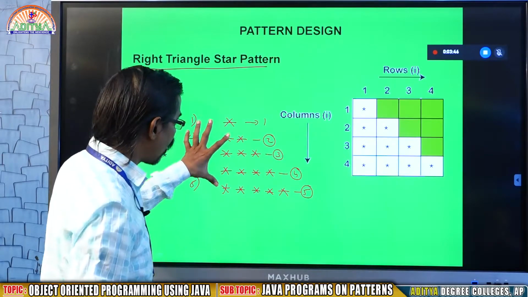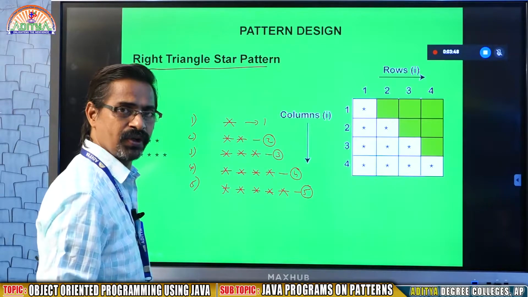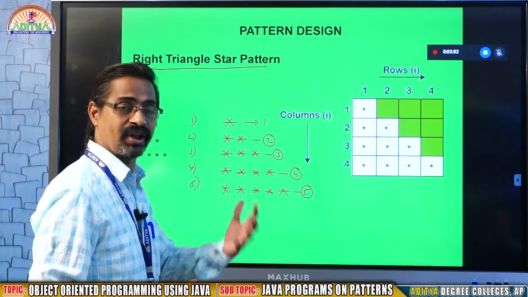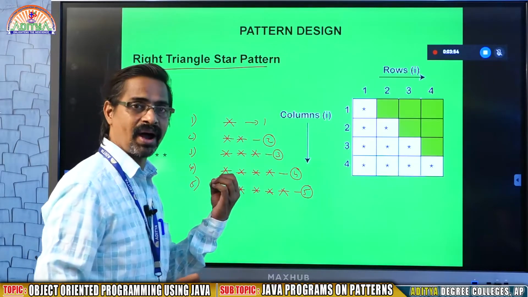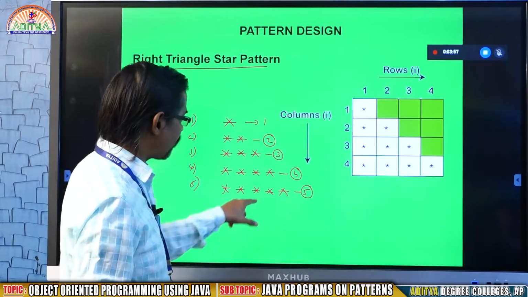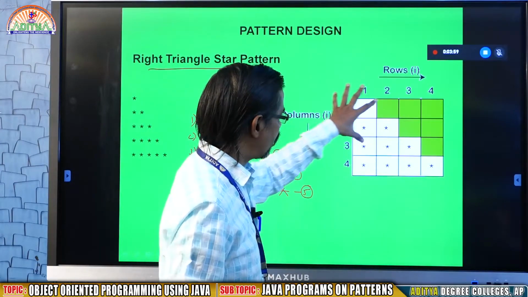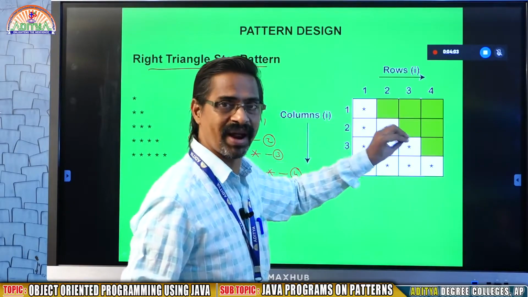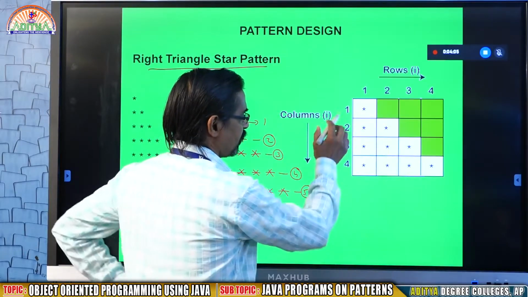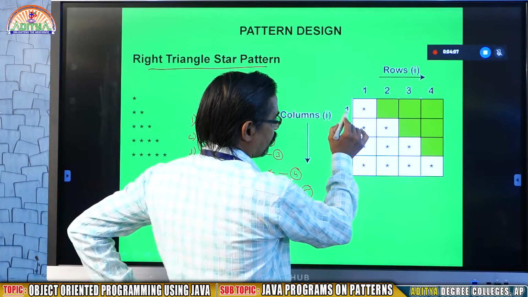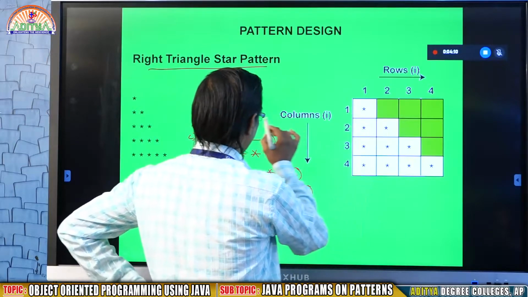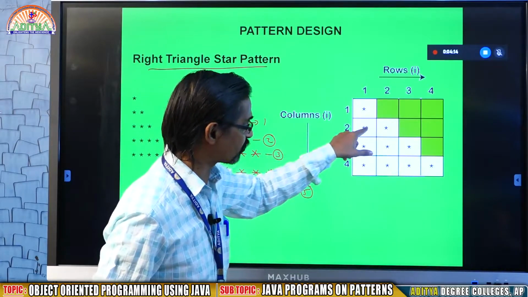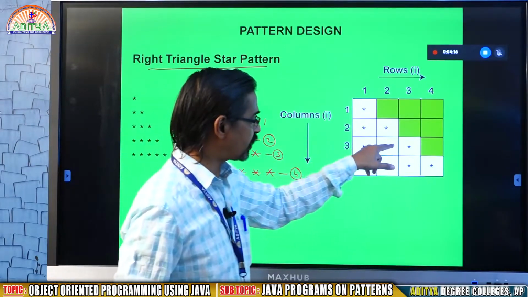When you start thinking how we generate this type of output, you get a minimum logic. When you are handling any problem, you will get some idea. For example, the same thing I am arranging here. Of course, it looks like a 2-dimensional array, that is a matrix, but the concept is not for a matrix. Just assume this is the first row, first column, 1 star. In the second row, I need 2 stars. Third row, 3 stars.